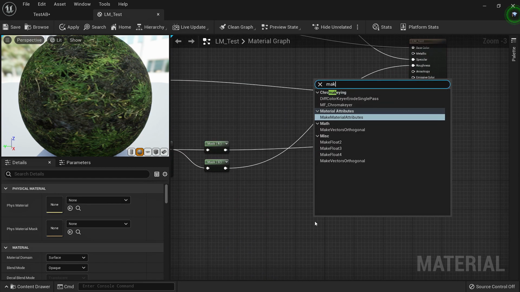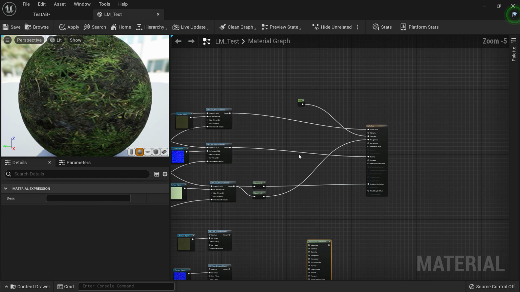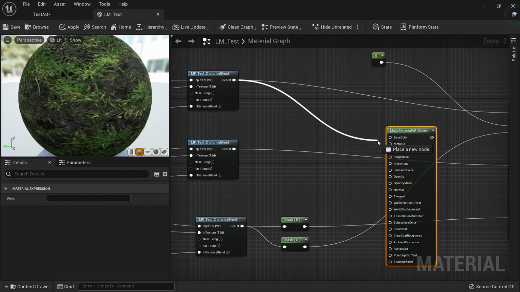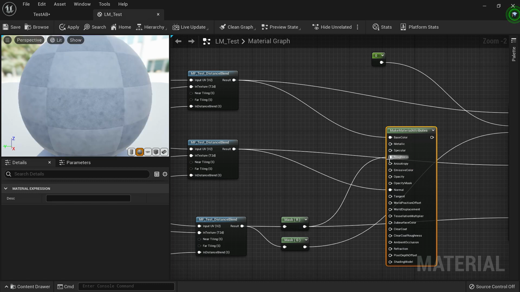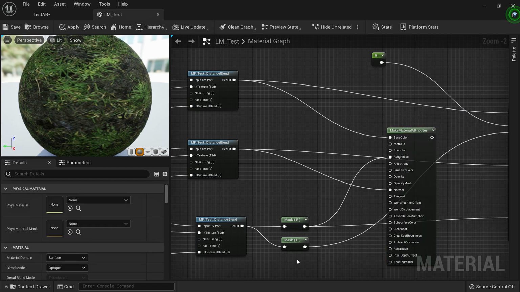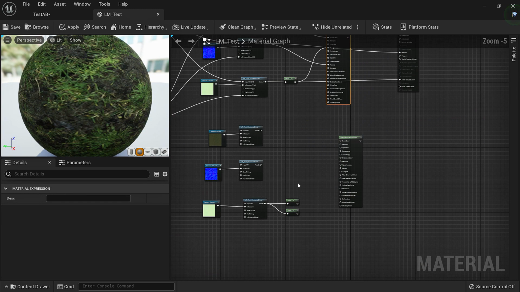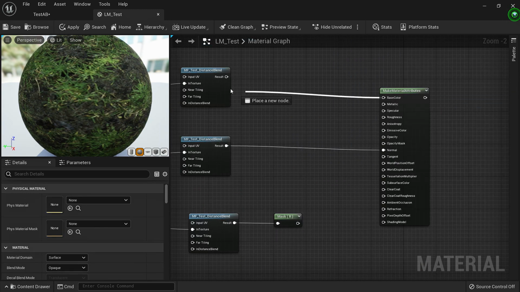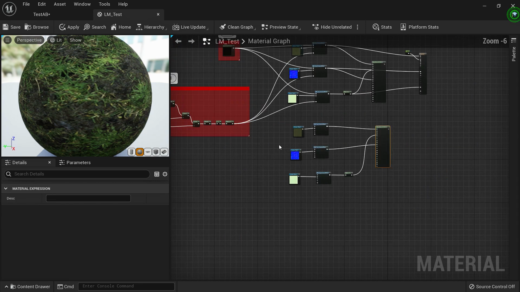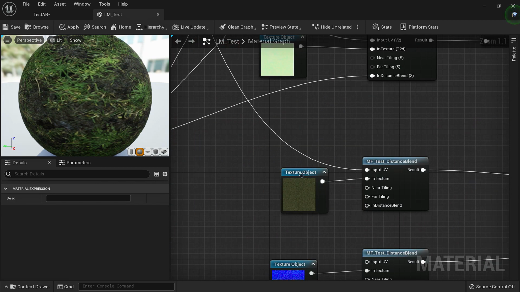So we would right click and click make material attributes and make those connections of base color, normal and roughness. Let's not do that for the ambient occlusion since we only need to see our tiling. And connect the UVs and distance blend.